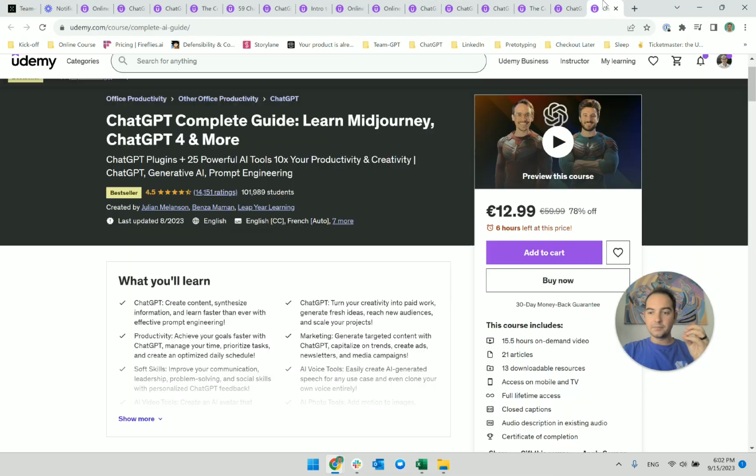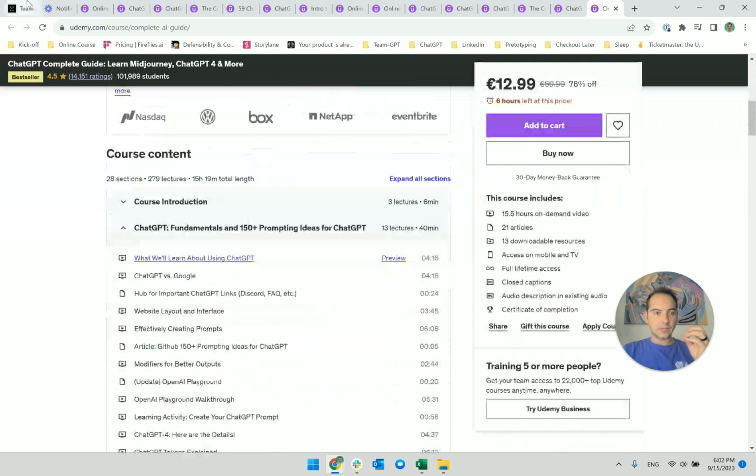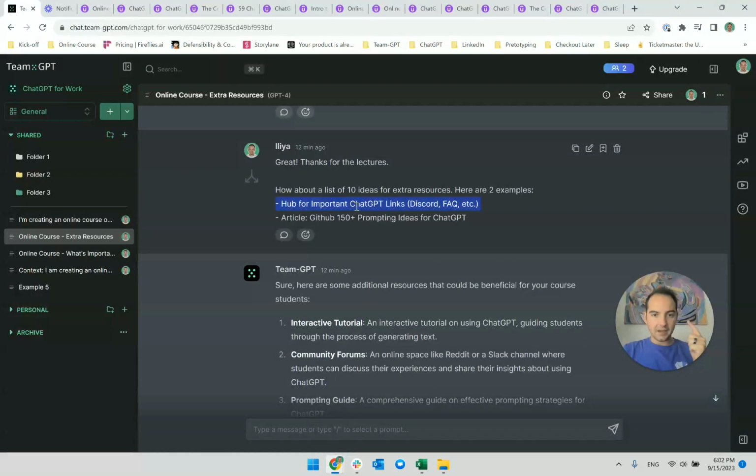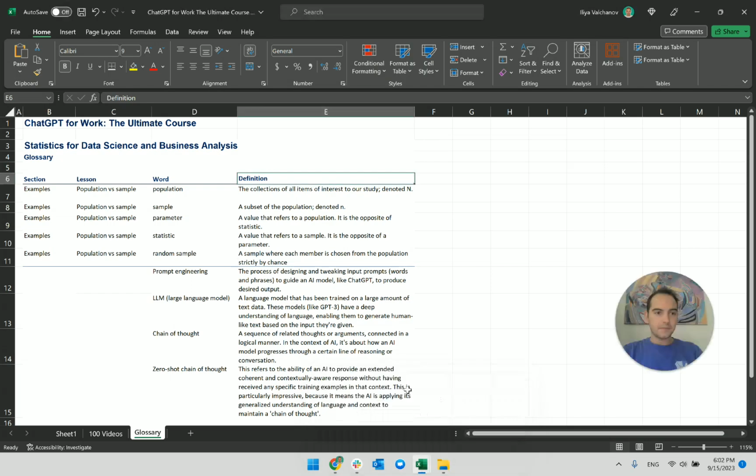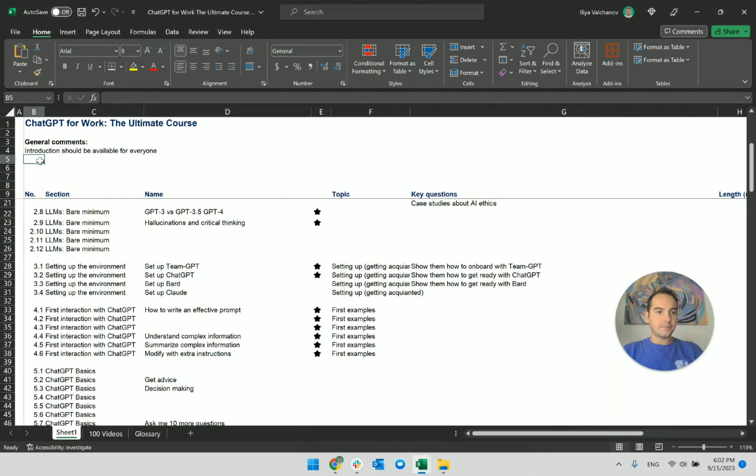Okay, anyways, from these things, what did we get? We got the hub for important ChatGPT links. I like this. Create a hub of ChatGPT links.